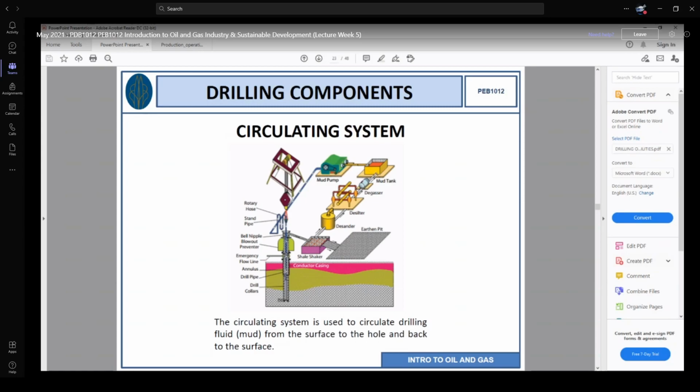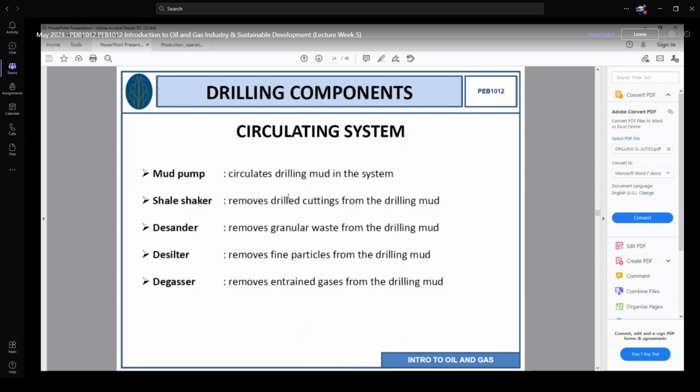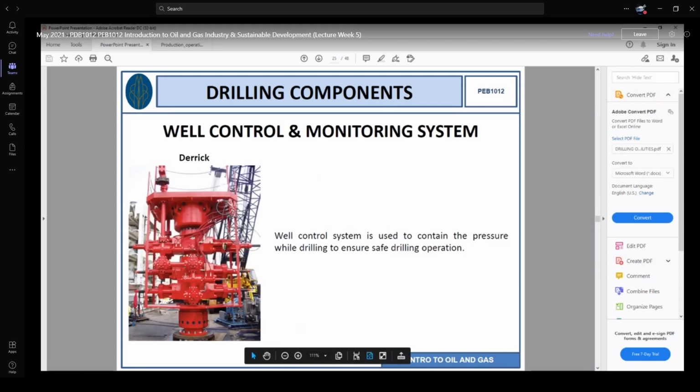Finally, at this point, the mud is in good condition, so we get it inside the mud tank. Then finally, the pump is ready to pump again down the wellbore. So this is called the circulation system, right? Without this circulation system, we are not able to drill an oil and gas well. Let's talk here. Already I have discussed these components, right?